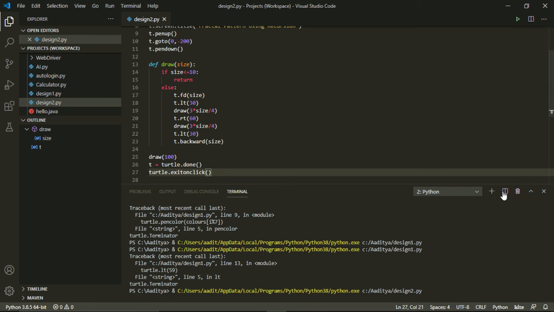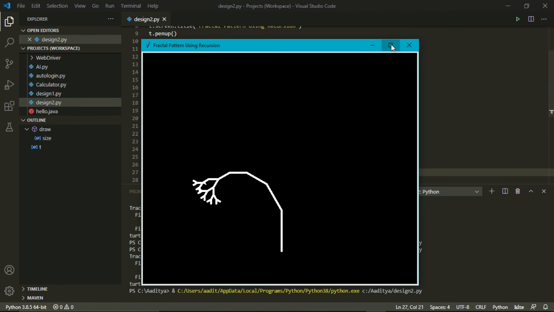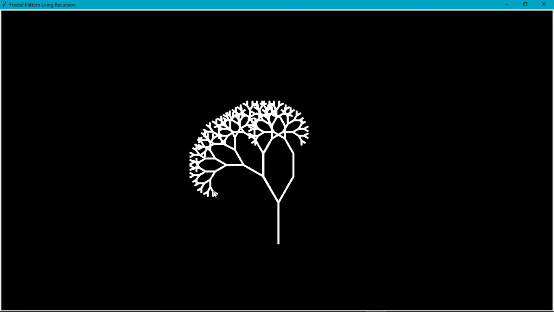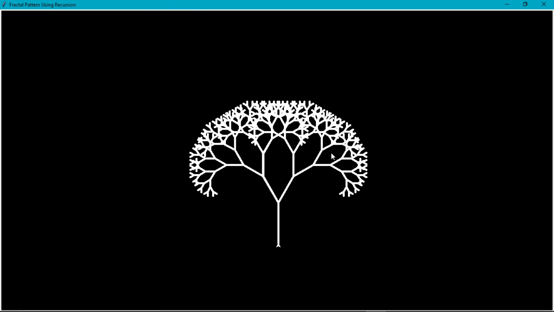Let's see what our program comes up with. So basically this is called a tree fractal, where it goes up, reduces the size, and keeps reducing the size. In this, the size is less than 10 pixels. So it makes this, goes back, makes this, goes back, and then goes back again. Then it makes the same thing again and does it. And then it goes back, then it makes this thing. So then we get a structure like this, and this is done.